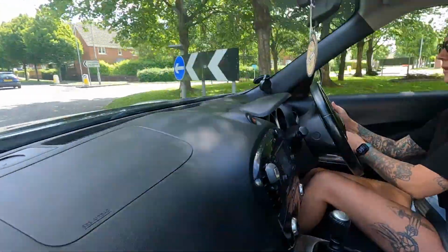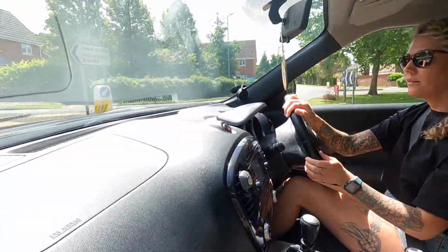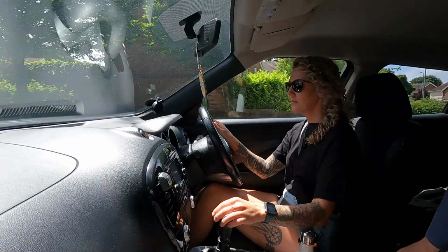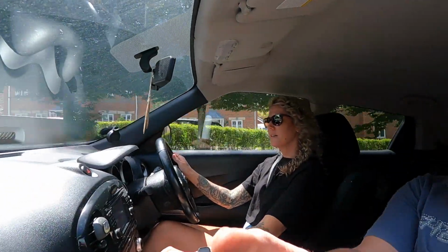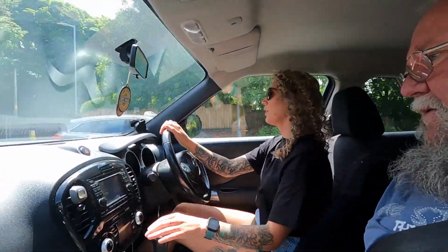I mean, has it got a limiter? Oh my God, don't run over that small child. Has it got a limiter on it that says you can't go more than 30 mile an hour, a 30 mile an hour limit? No, but when you put your sat nav on, it does alert you to